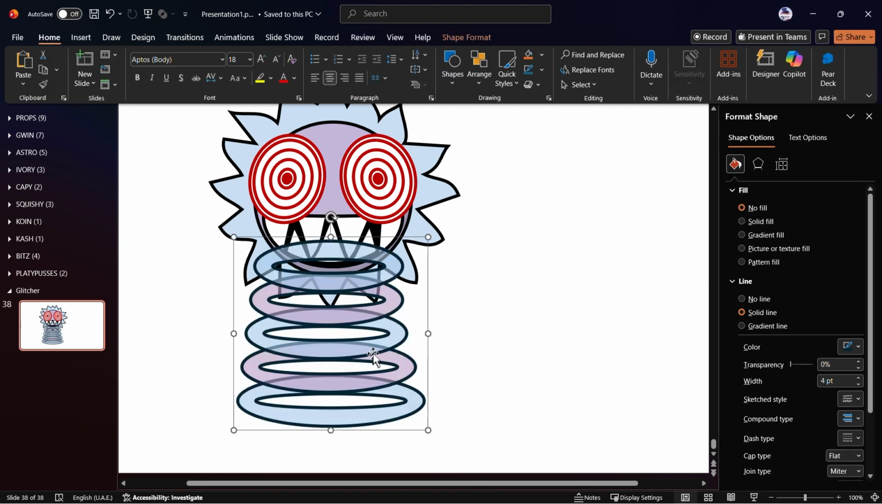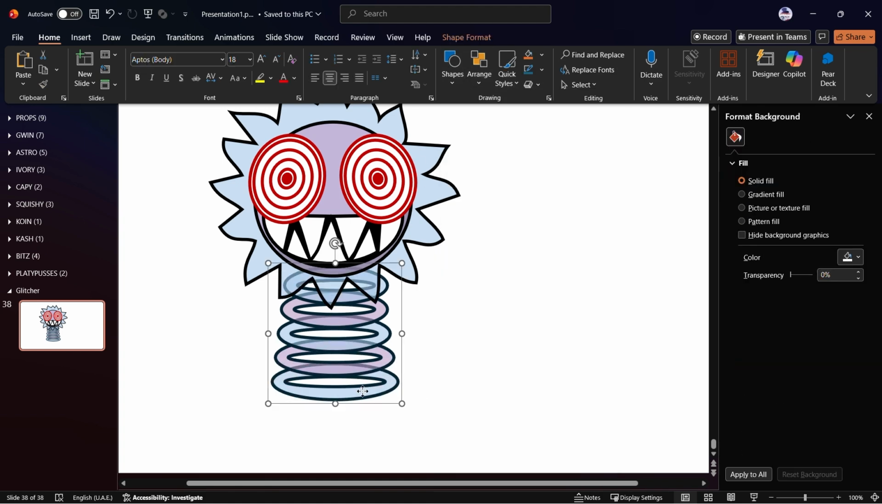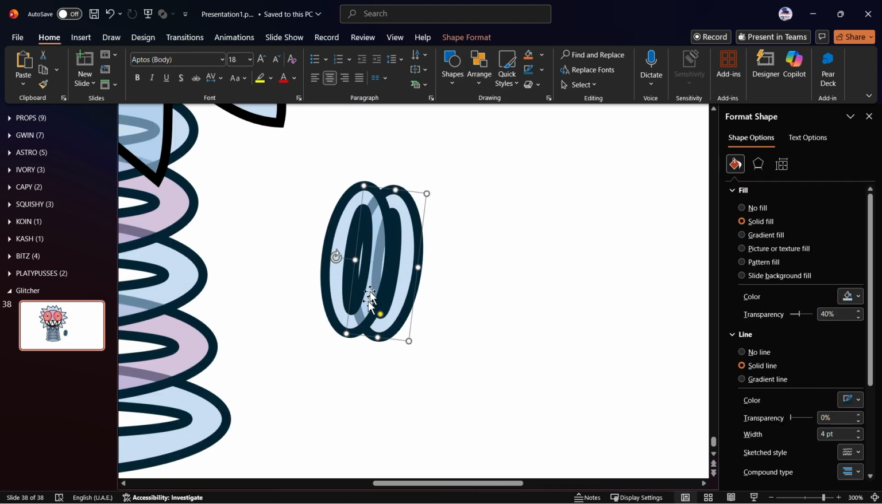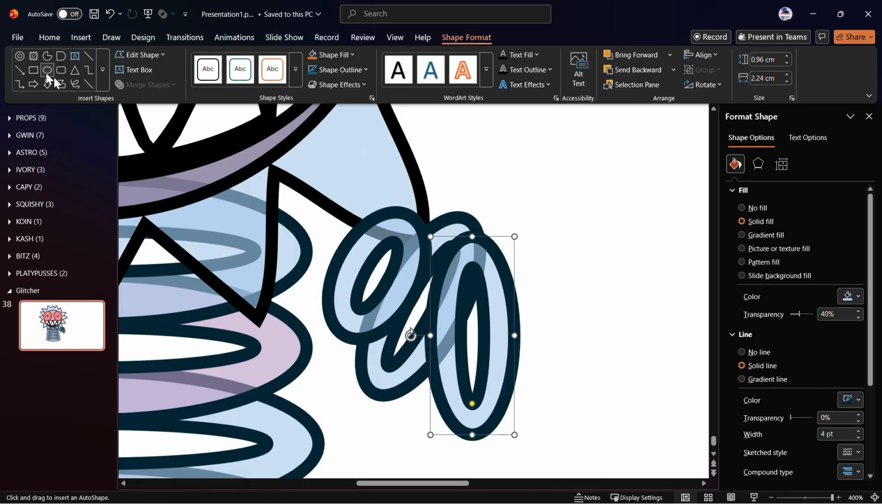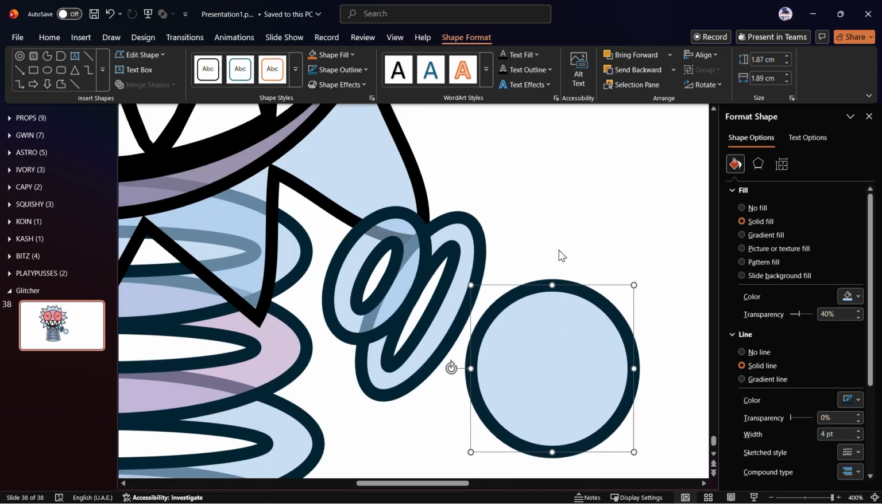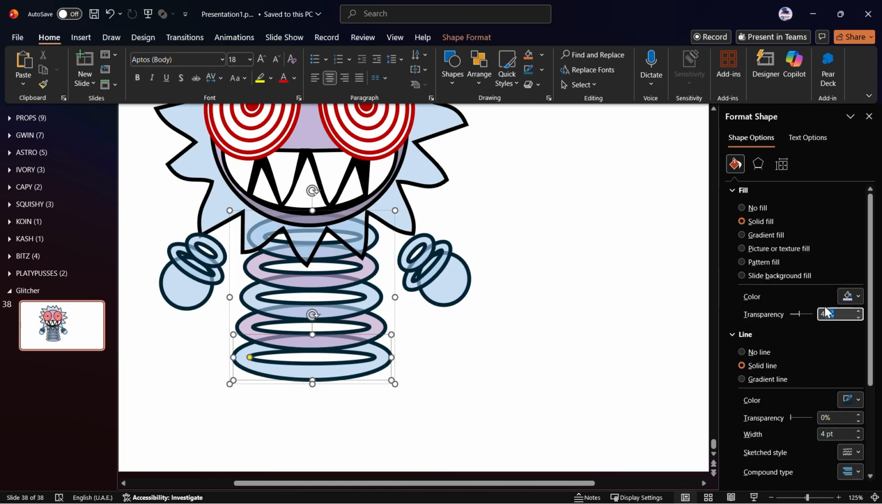I also added some purple into the rings to give it some variation. But now I'll move on to the hands, which should just be 2 of the rings with a little ball here. So I just duplicate the rings over, and I imported a circle, which was just the rings with the hole filled in. I then moved on to duplicate it and put it on the other side,